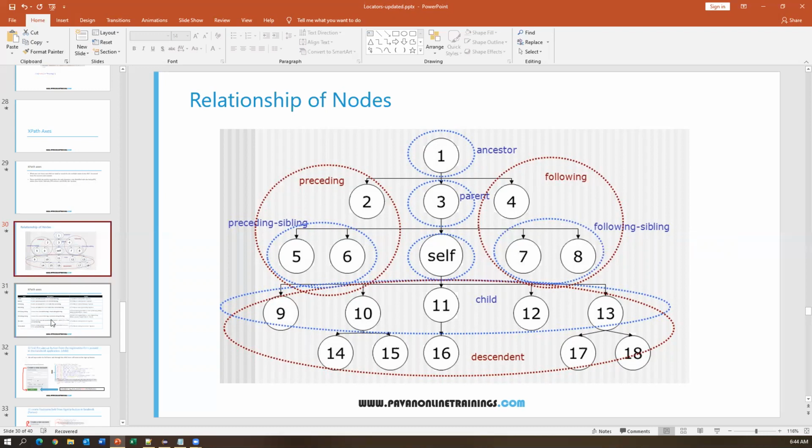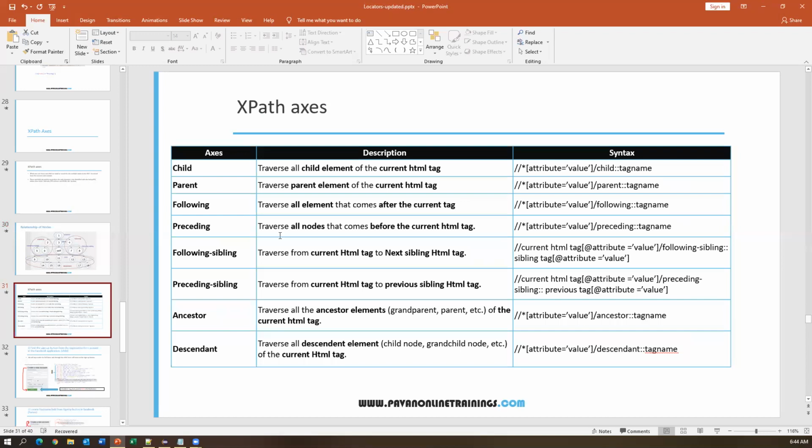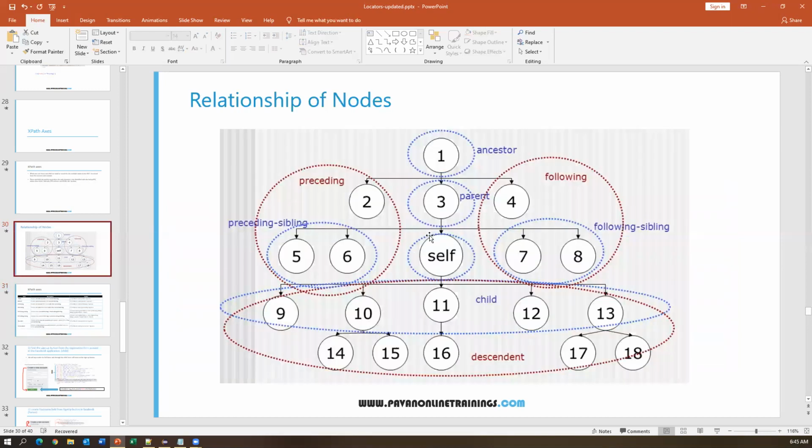Similarly, preceding. So preceding means traverse all nodes that come before the current HTML tag. So this is the basic difference between following and preceding. In the following, traverse all elements that come after the current tag, but in the preceding they come before the current HTML tag. So that means if I start with the self node, these are the preceding nodes, like 2, 5, 6 are the preceding nodes, and here these are the following nodes.